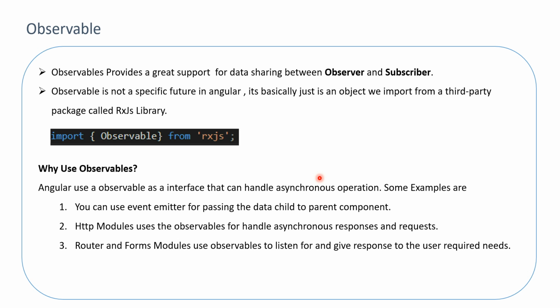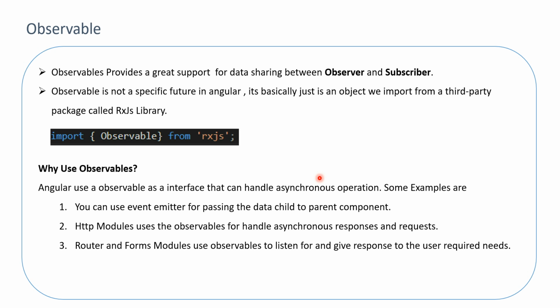One more great example of the observable is HTTP services. What is the use of HTTP services? The use of the HTTP service is to handle asynchronous calls. Asynchronous calls means you don't know when you are going to get the data from the DB. With synchronous data, you may have the exact idea of when you are getting the data, but with asynchronous calls, you can't give a time estimation. Sometimes you may get the data within 10 seconds or 5 seconds, or even 100 seconds. Even after 50 seconds, you may get an error also. Those kinds of things you can handle using observables in Angular.